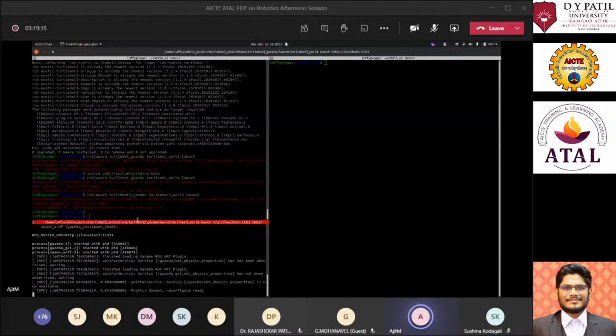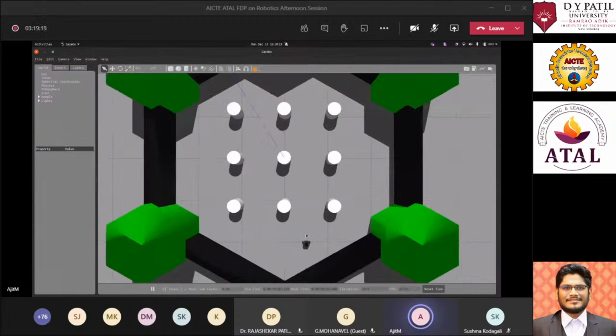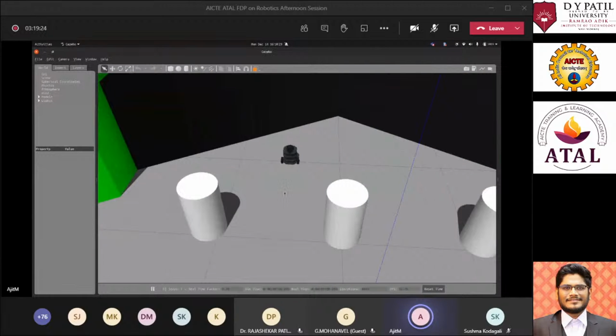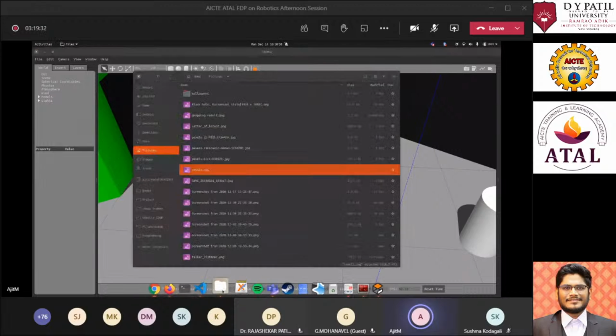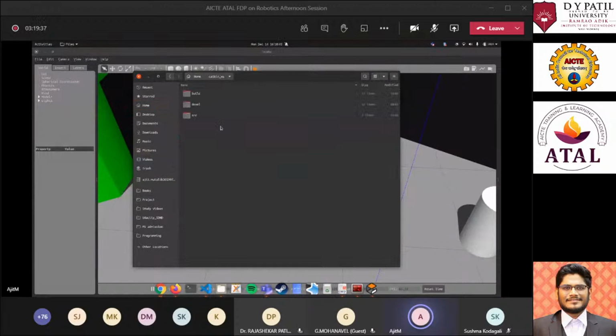Okay, so what I've done right now is I have installed the TurtleBot3 package. They have provided it separately on GitHub, and I just cloned it into my source directory under catkin. So if you go into the catkin workspace under source, you can see the TurtleBot simulation, and this is what we require for this SLAM tutorial.